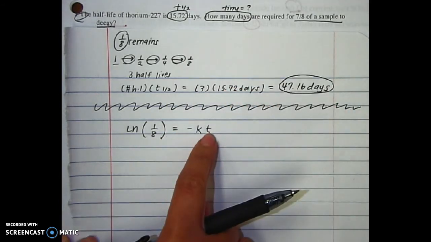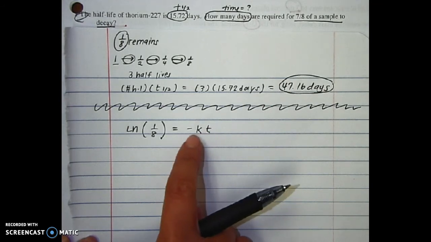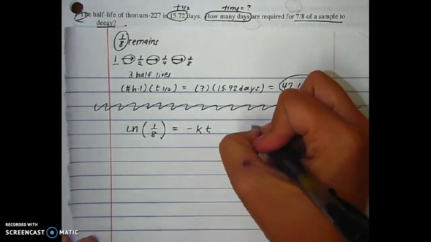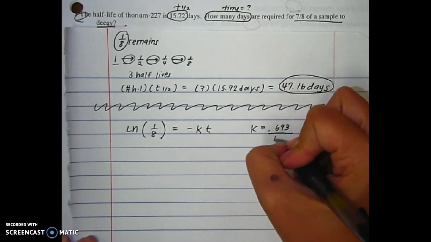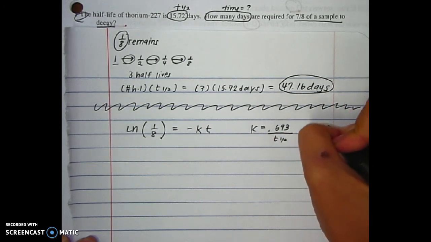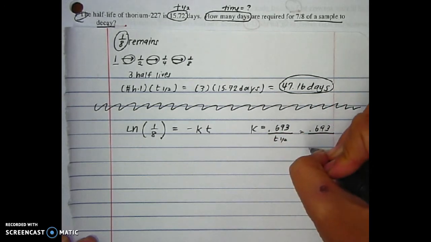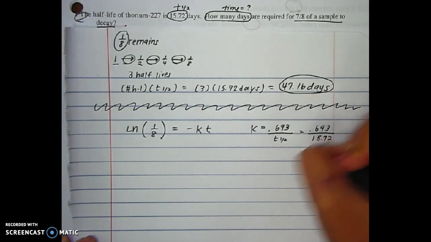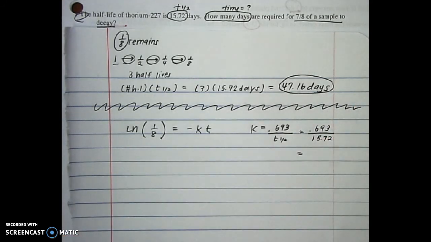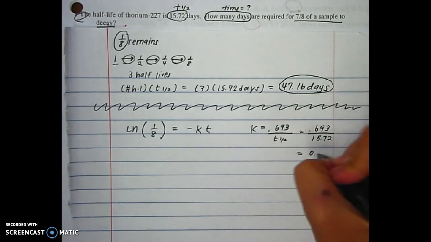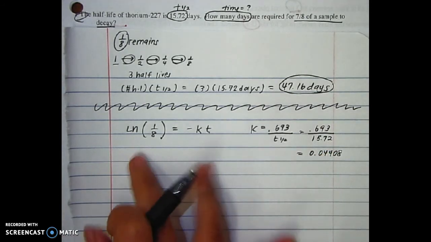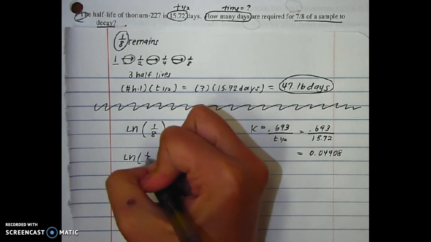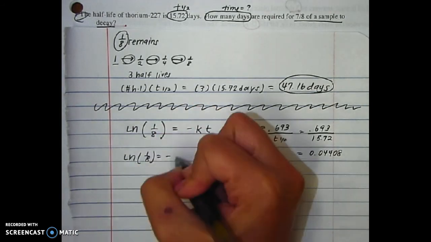Okay, and remember that t is what you're going to be solving for, and the k I could solve for by just doing a simple calculation over here on this side. It's 0.693 divided by t1/2, so 0.693 divided by my half-life, which is 15.72. And you would wind up with 0.04408 here for your k constant. So we're going to go ahead and plug it all in. The natural log of 1/8 is equal to negative k